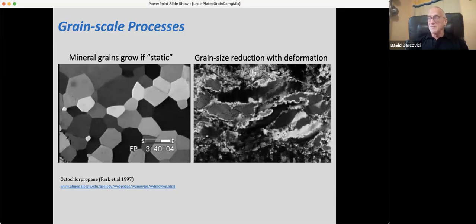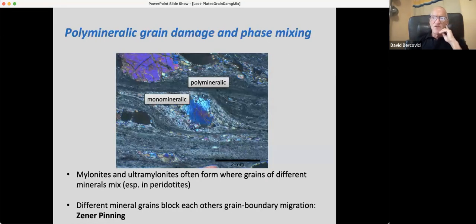Okay. And that's largely because you're causing dislocations to move around to accommodate deformation. And those dislocations will gather up near the grain boundaries. They'll connect with each other and form subgrains. And when those subgrains rotate, they make a new grain. Okay. Without going into all the details of that. But it's also noticed that grain size reduction, especially in mylonites, where the grains are very reduced under deformation, especially in mantle mylonites and peridotite mylonites,